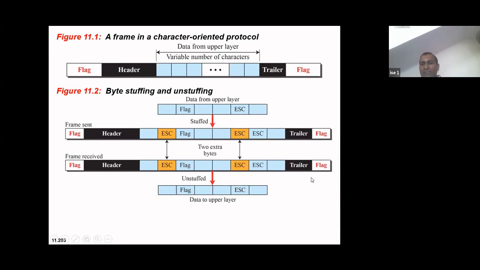This flag is stripped off. So this is the whole mechanism of byte stuffing. You got the idea. And then unstuffing of these bytes: the extra escape bytes are unstuffed at the receiving end to recover the original data part. So this is how the whole thing